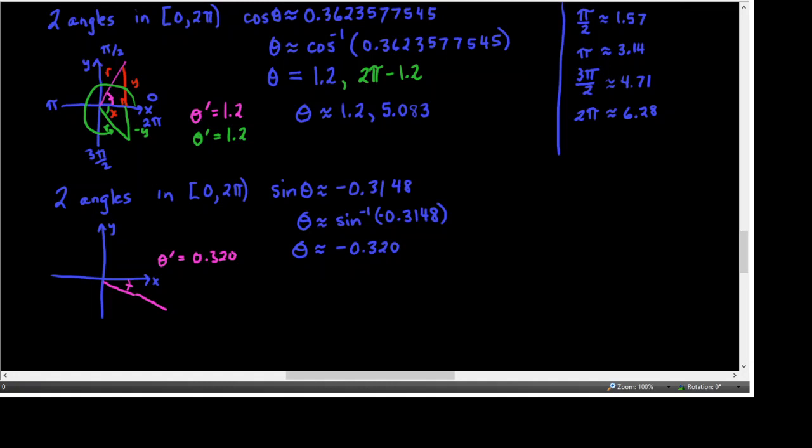What I'm going to have to do is get a coterminal answer to that one. So to get the coterminal answer, which is all the way around here, I'll take that answer and add 2 pi to go all the way around the circle. Right? Isn't that what we said before? So that means that our first answer is actually